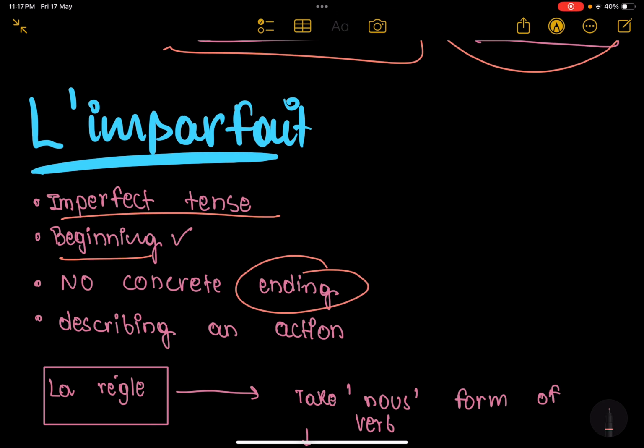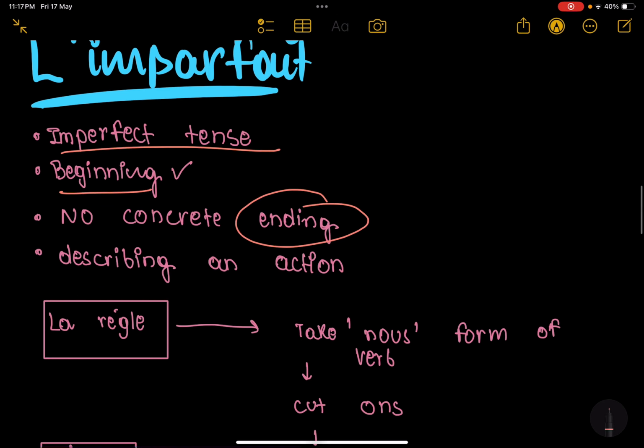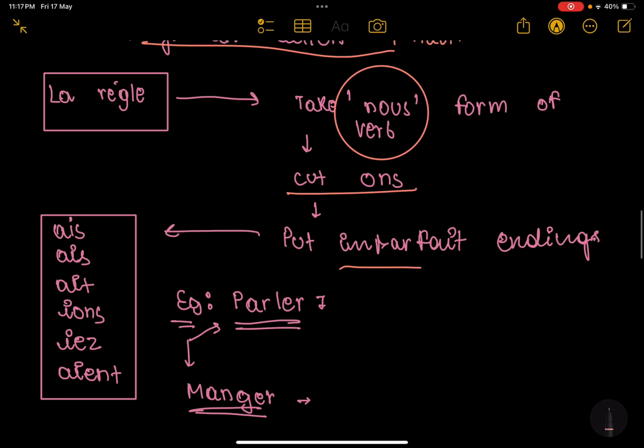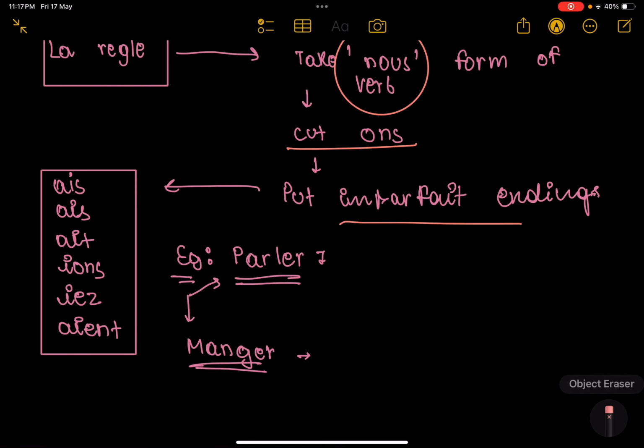There is no fixed ending, right? For example, we are describing an action, habit, something like that. So, la règle, what is it? To take the nous form of the verb, cut ons, then put imperfect endings. The endings of this imperfect are very important because these are followed in subsequent tenses like subjunctive and all. So these are ais, je, tu, il, elle, nous,